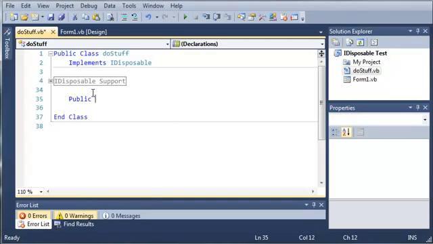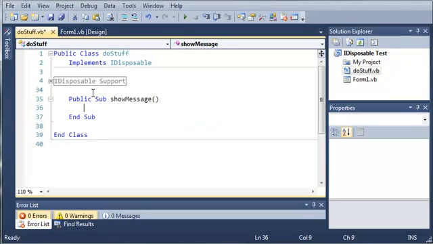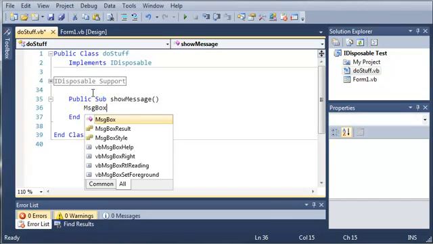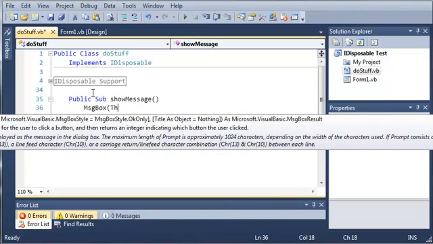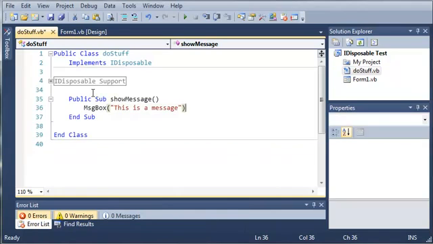So we will add some subs here. We'll just type public sub show message, and then we'll just type message box, this is a message. Okay, so now that we've created a sub that will show a message,